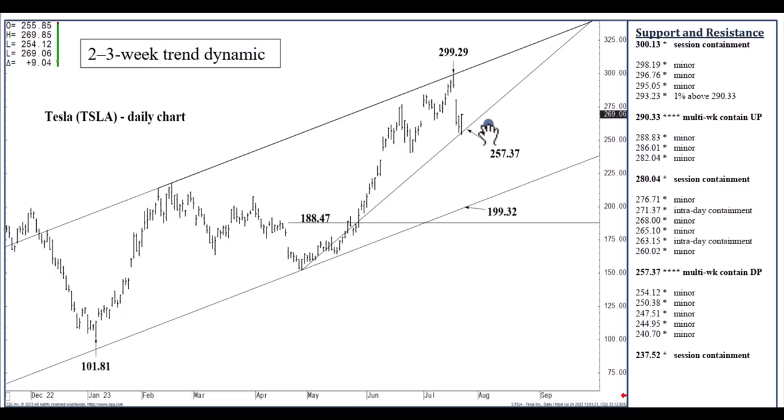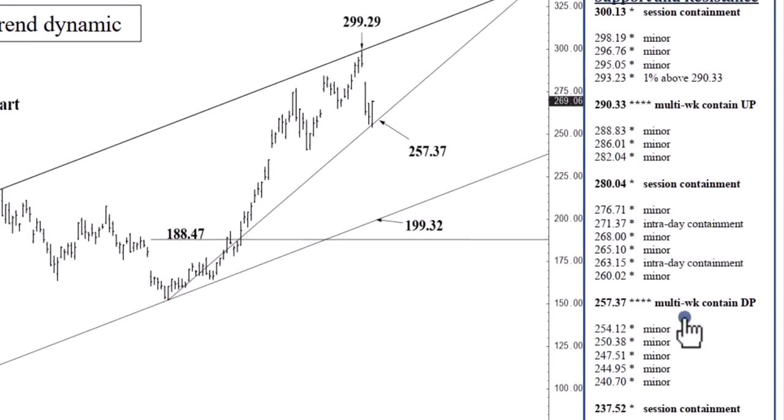257.37 is our, I'm going to just call it our new revised base of support. It can contain selling on a weekly basis. I'm not crazy, as I'm looking at this right now, considering this still a 4-star support. Why I still show it as a 4-star support: it's a multi-week level. My 4-star levels are multi-week, meaning I don't expect to bottom out here at 257.37 on a 3 to 4 week basis. A 1 to 2 week basis, yes, back to 290.33 as I'd mentioned already,